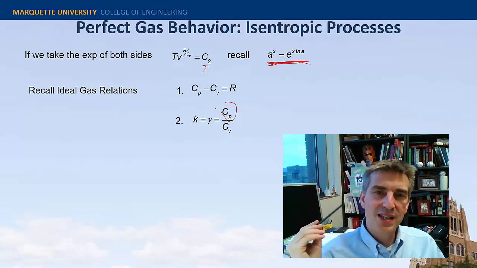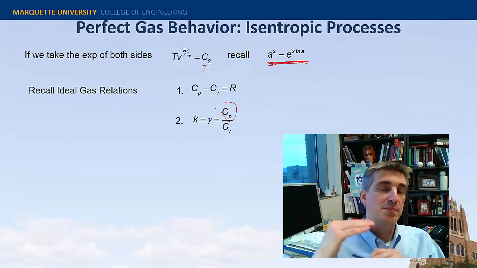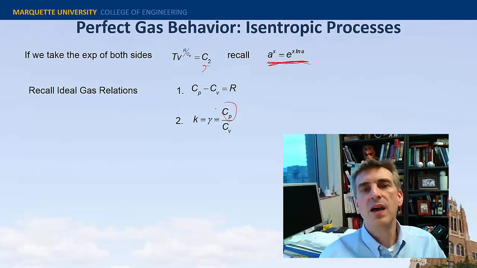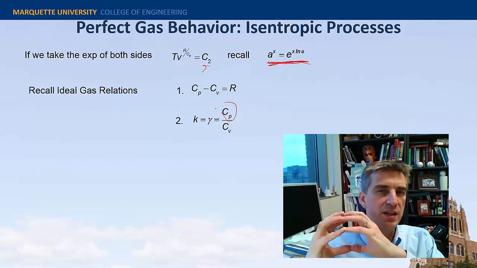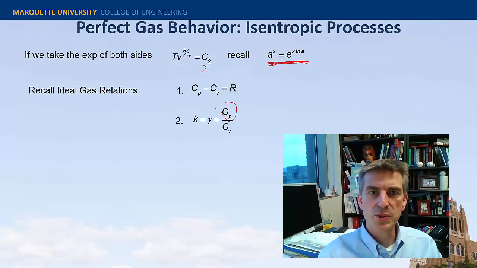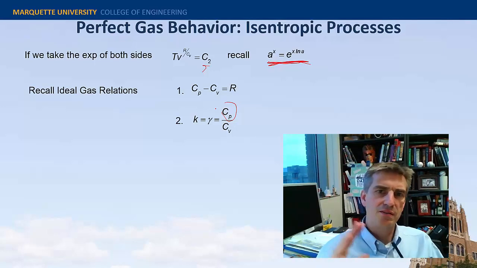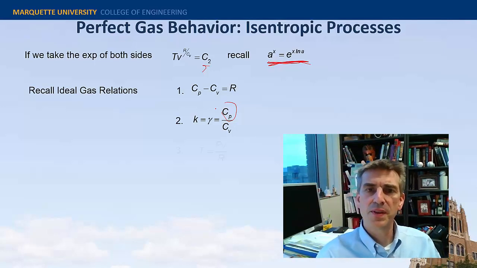It always takes more heat to increase the temperature by 1 degree in a piston-cylinder arrangement, where you have to lift that piston, than it would be to increase the temperature by 1 degree in a rigid box, where you don't have to do that additional work. So Cp over Cv is always greater than 1, and for a solid material, it is equal to 1 for the incompressible limit. Anyway, we're doing gases, compressible.